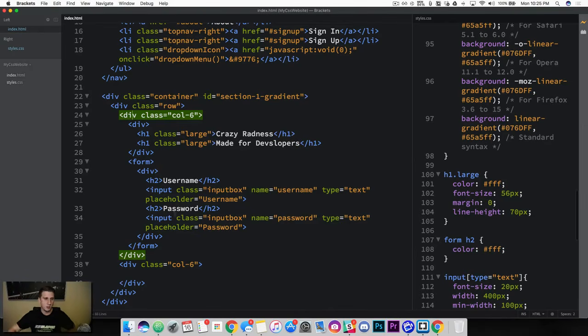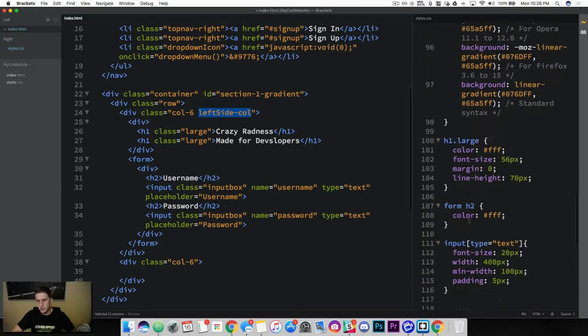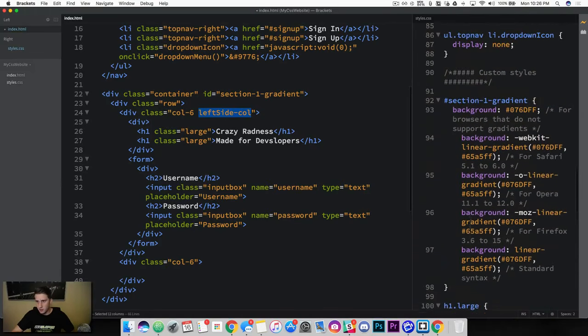Now, what I could do is grab the column, the col6 class, and add this big margin left to it. But that means every single column 6 would have this too. So why don't I go ahead and add a class to this element, and we'll name this left side col. All right, that's pretty good. So let's go ahead and copy this class, and in our hierarchy of things,